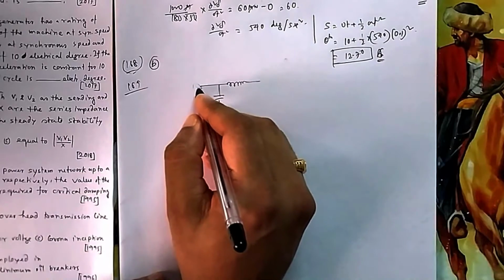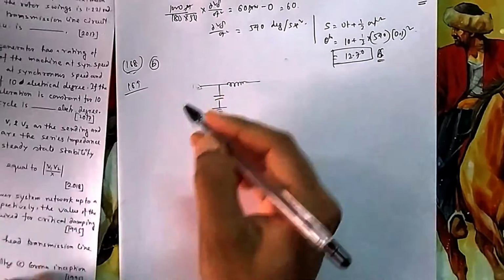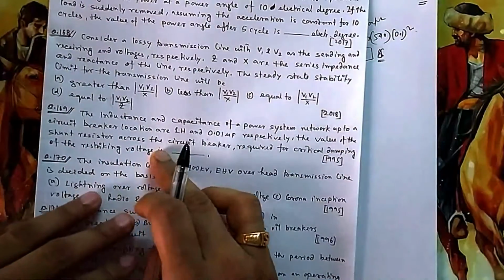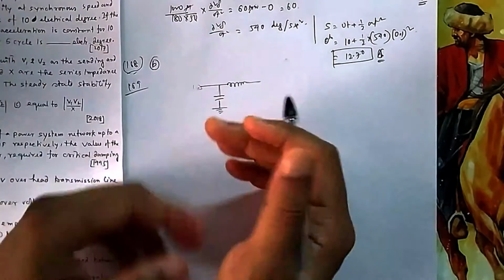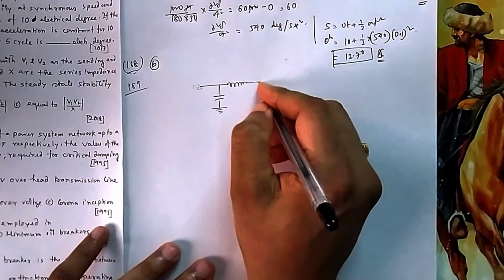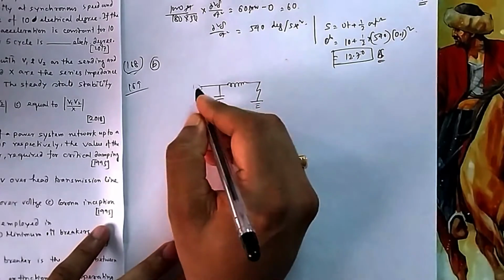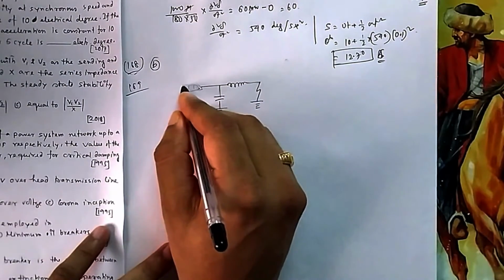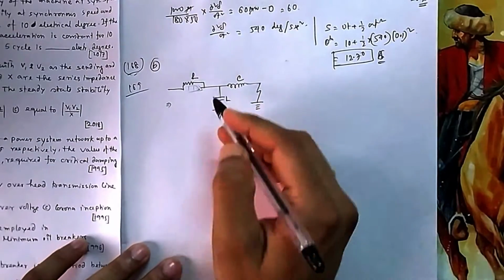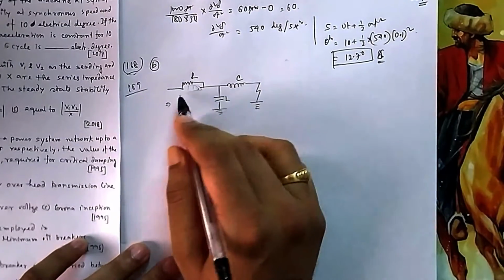When the breaker comes into the picture, when you want to consider this restriking voltage, with shunt reactors and all this, when there is a fault, your breaker should open. That means there is a fault, so it is also grounded. So now there is a breaker, and you are connecting it across this one. It will be something of this fashion: L and C in parallel, then R is connected.